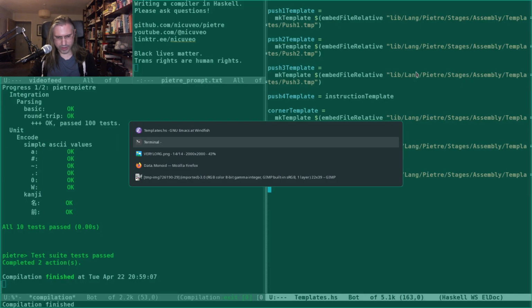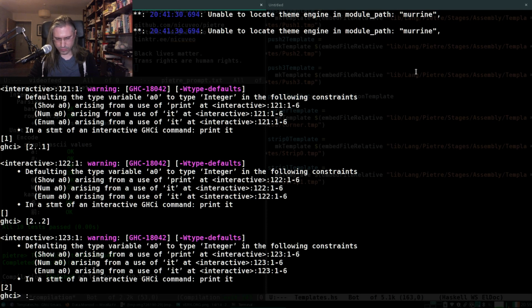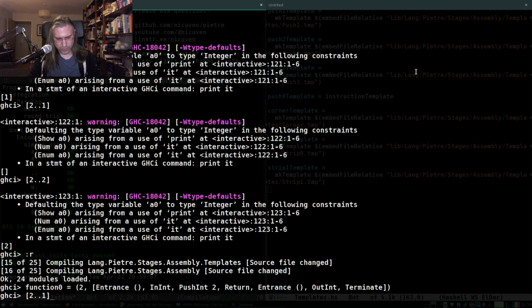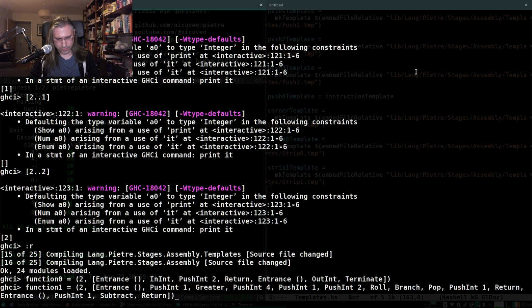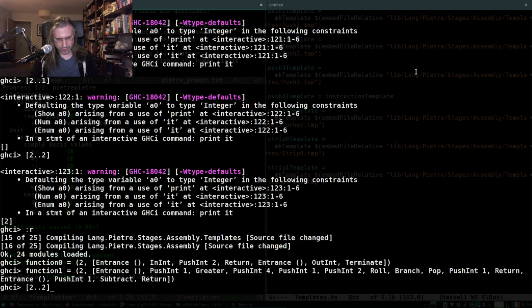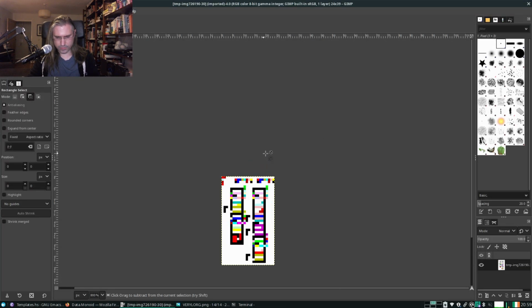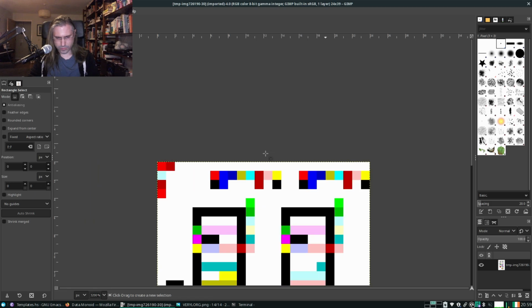Okay, that compiles at least. So let's try with function 0, function 1 that we had. Okay, that looks